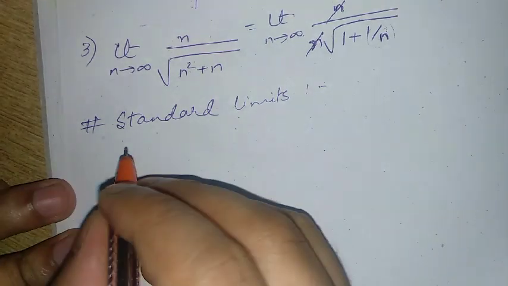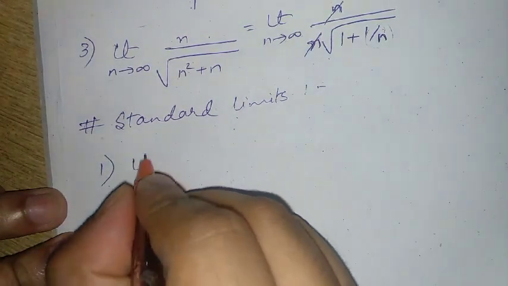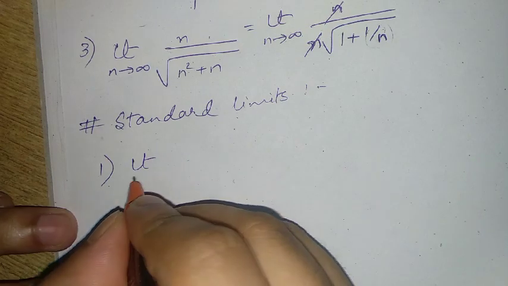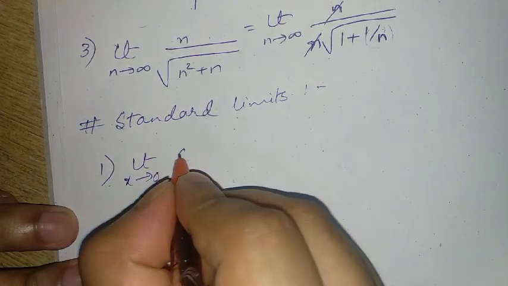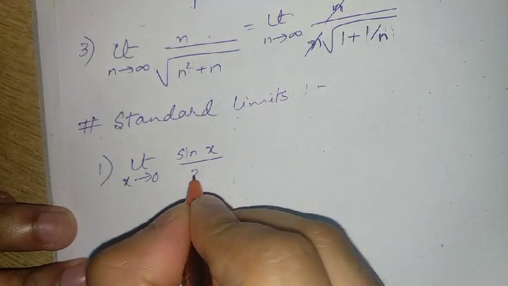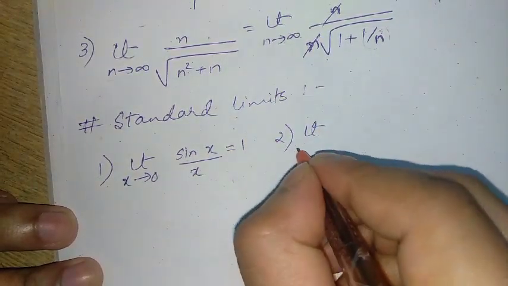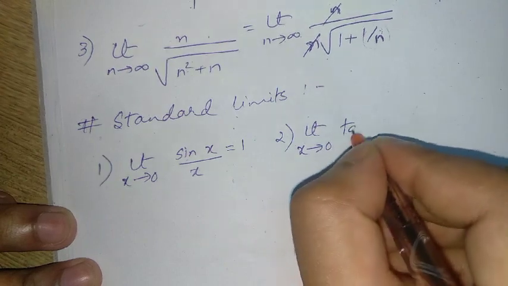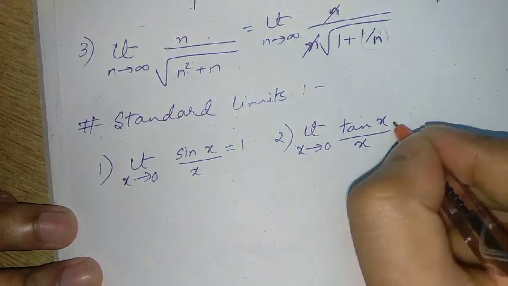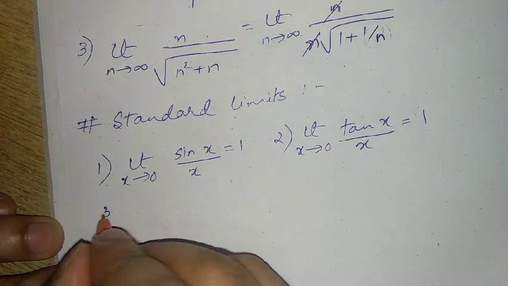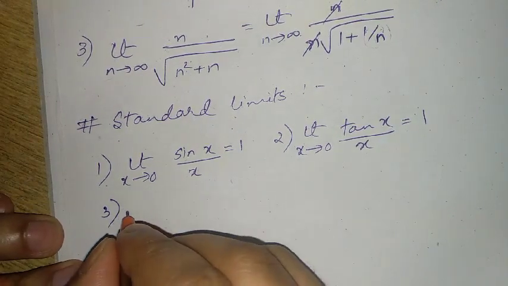So the first one is limit x tends to 0 sin x upon x is equal to 1. Second, just keep following. This is the second formula. The third formula is